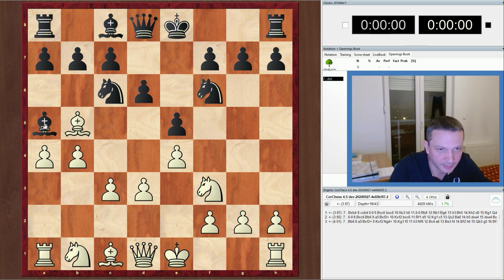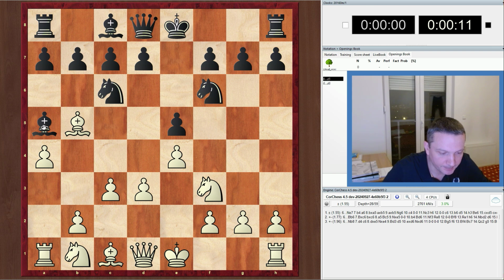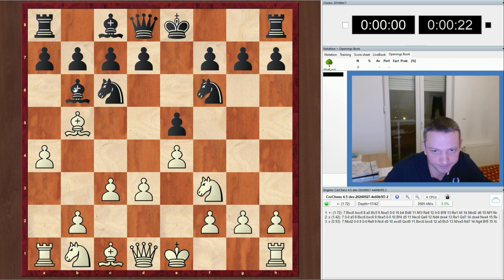So d6 is not a good move at all for black here. If black sees that there is a danger for his bishop after our a4 move, maybe he will retreat immediately the bishop to b6, but this doesn't help